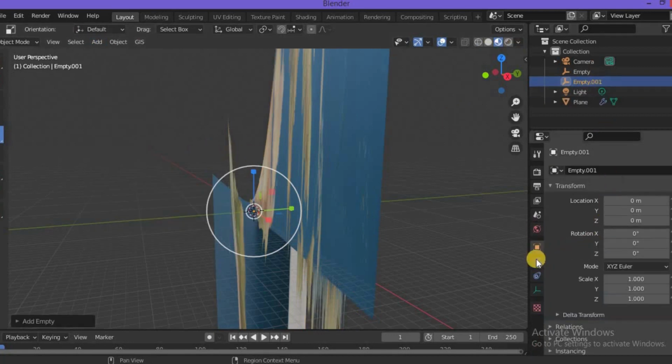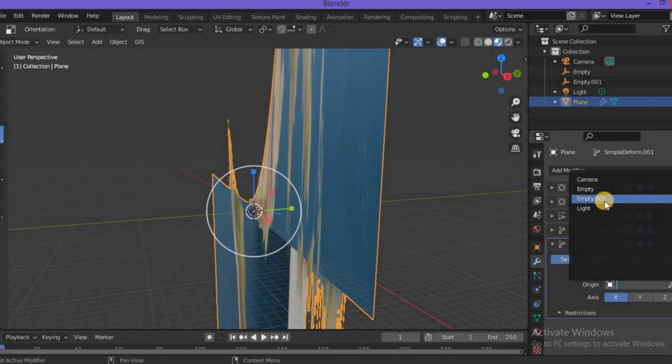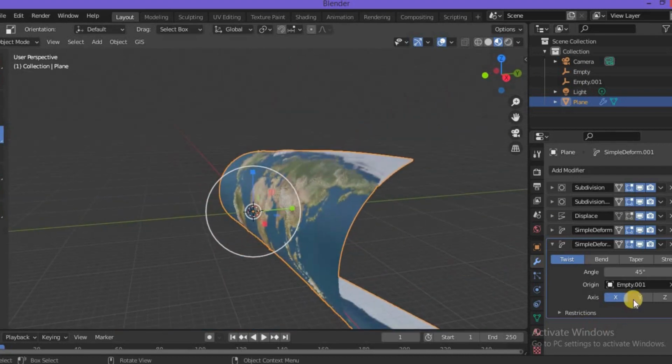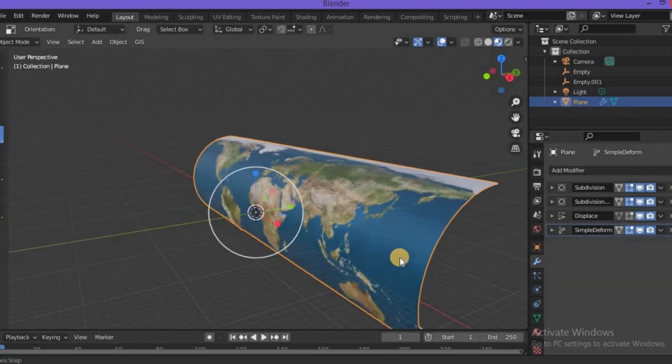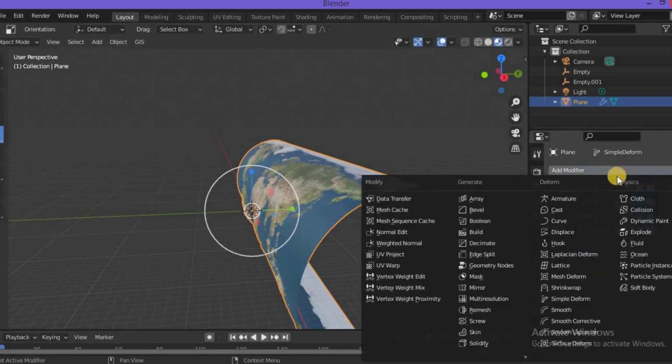Go to modifier section, select your plane, and in the simple deform, select the origin as empty 0.001. Convert the axis to Y, convert the axis to Z. So that's it. Halfway done.